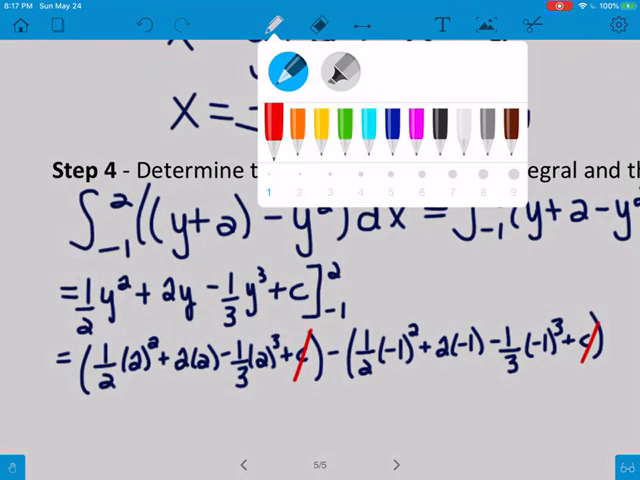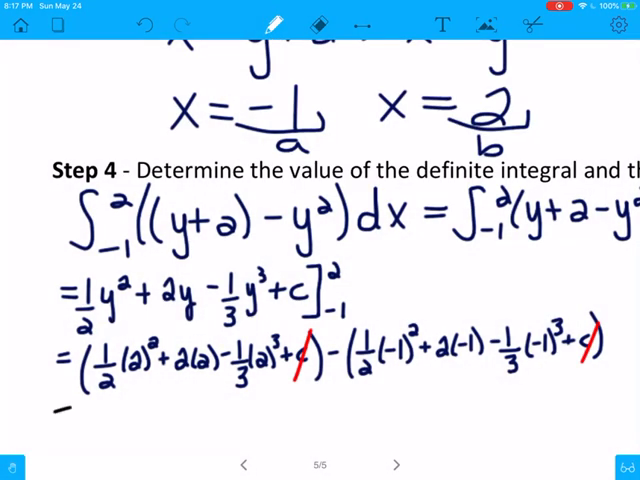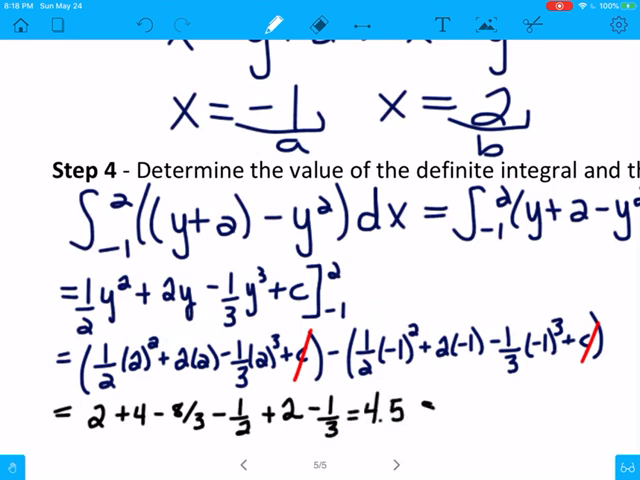These c's are going to cancel. So I'm going to get 2 plus 4 minus 8/3, minus 1/2 minus the minus 2, so plus 2, and then minus 1/3. And so I get 4.5 square